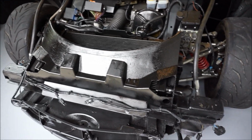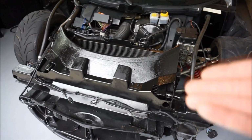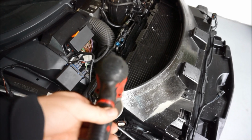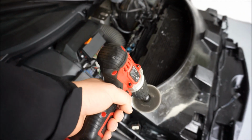It's what I have to do, but this will make it so that the EXIGE front end fits on the Lotus Elise. They did this from factory. So I did upgrade, so I went to my power tool drill, of course black and red, with a really